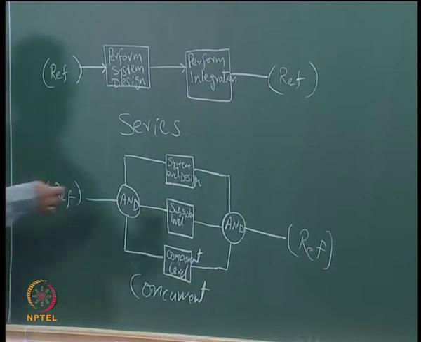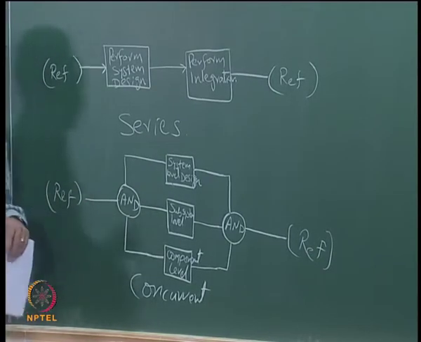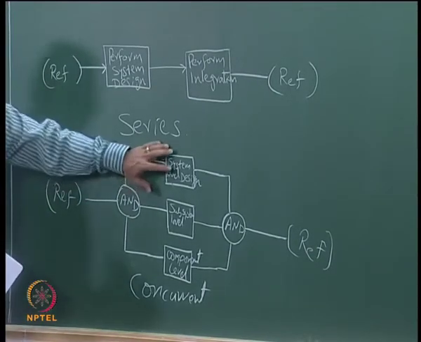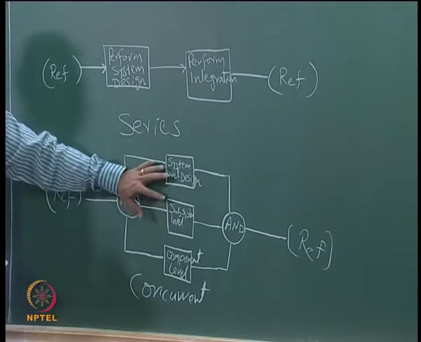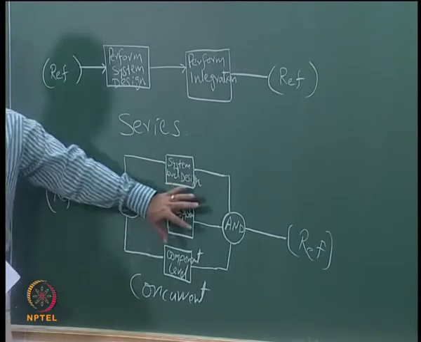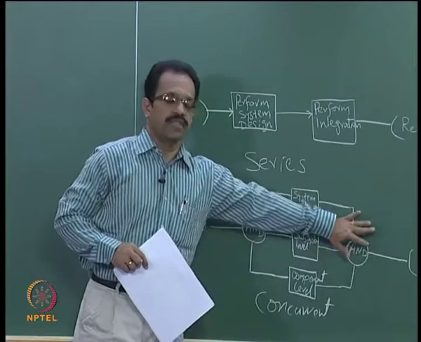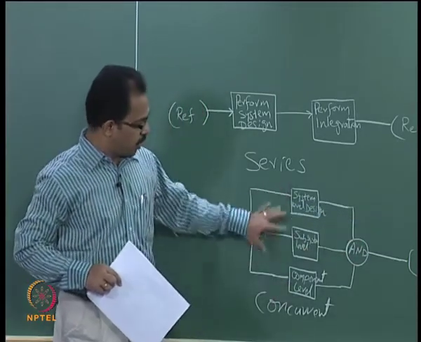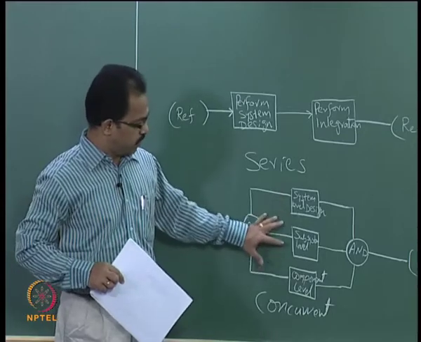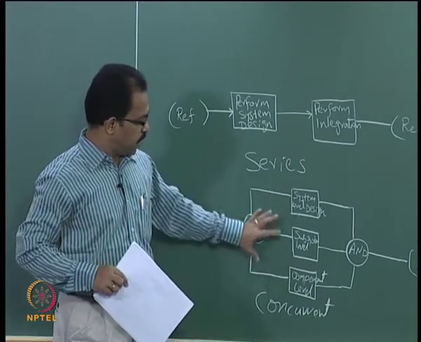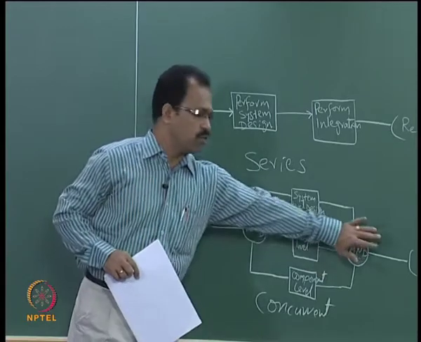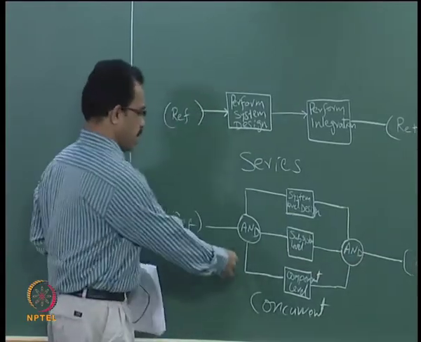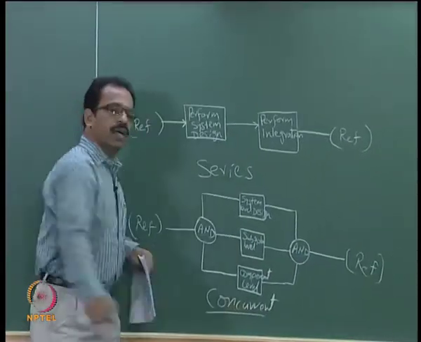So we know that if you want to execute all these functions, these all need to be done concurrently or in parallel. After the end of this design process only, we can go for the testing or integration of the components. So we need to do all this in a concurrent way, and once we complete all this design, then only go to the next function, that is the concurrent behavior of the functions.